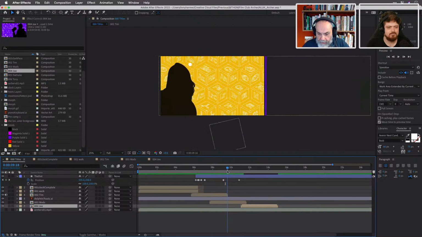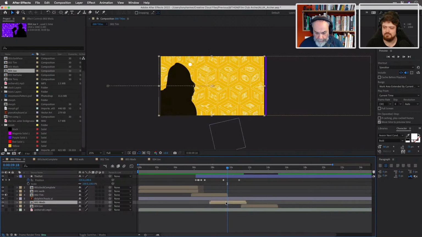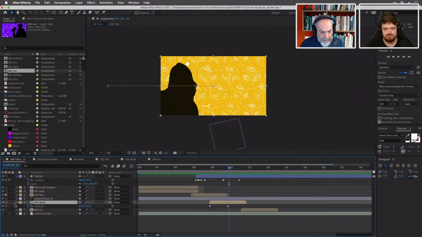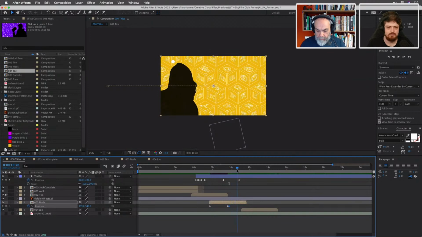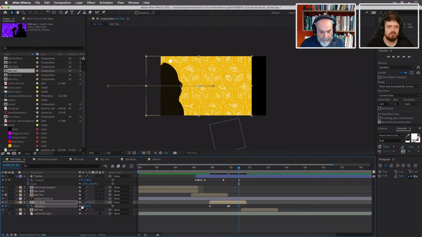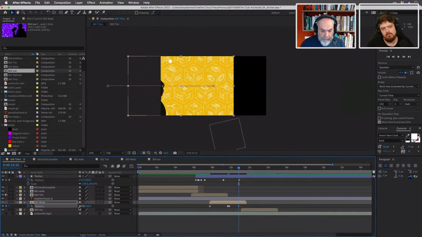back the other way. So we're going to just go ahead at this point here and add a position keyframe. We've kind of got one really, just there anyway. I'm going to do a hold one just there as well. Not an actual hold one, but you know. And then just wind this back. So we're going back the other way with that.